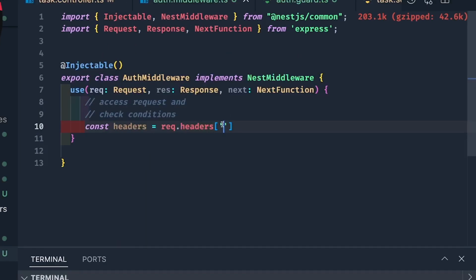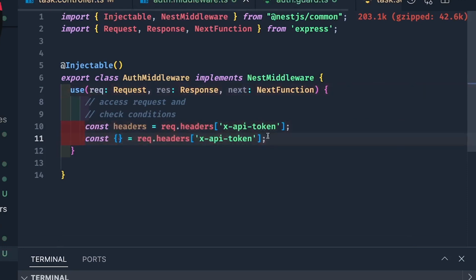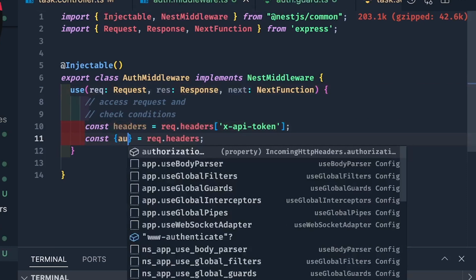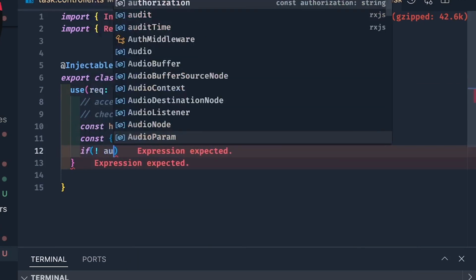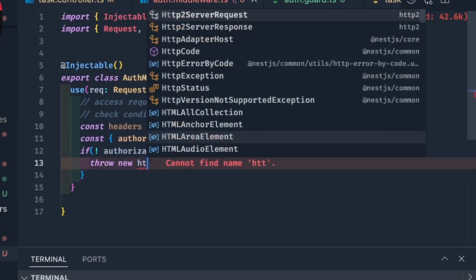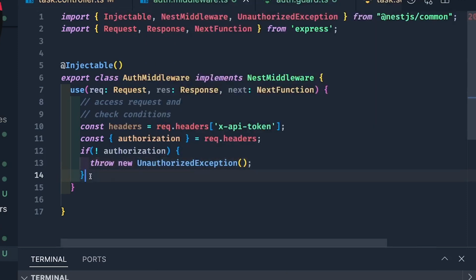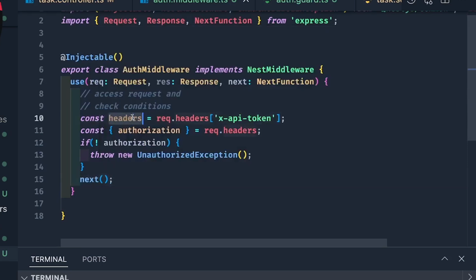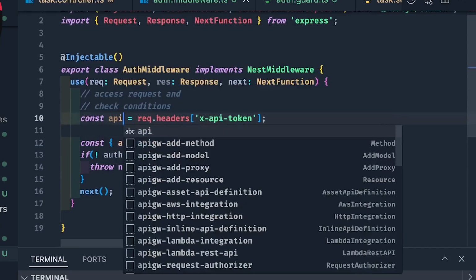Let's say the headers. There can be some special headers you are getting from the consumer who is accessing your API. You can validate whether that particular token is coming or not. If that token is coming, then you can validate whether that token is valid or not. Similarly, we can also get an authorization header inside request.headers. And if you are not sending an authorization header, then it's easy for me to say, okay, bad request, or sorry, unauthorized. You can simply throw an unauthorized exception and your task is done. Otherwise, if you are sending me this authorization header, then for now, I will just let you access the API.